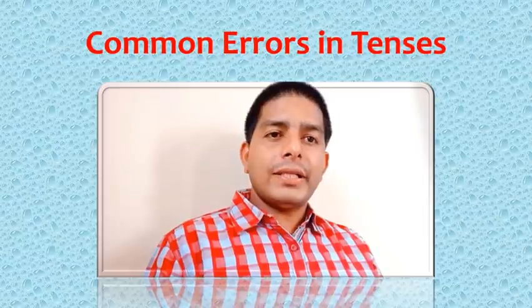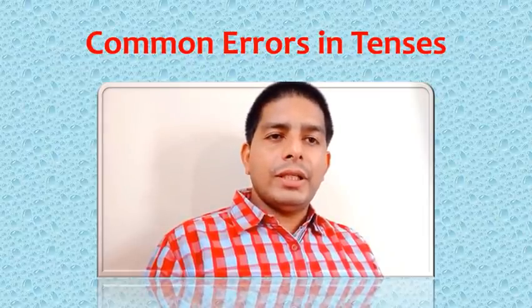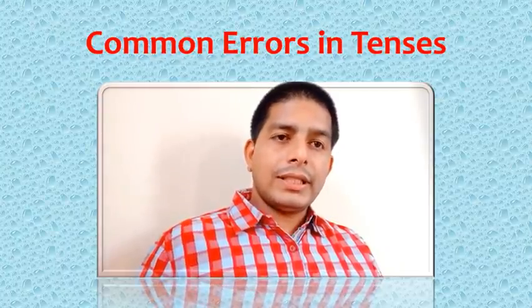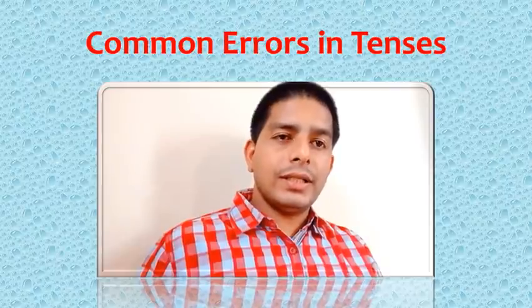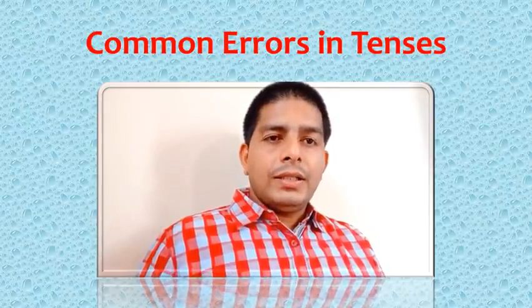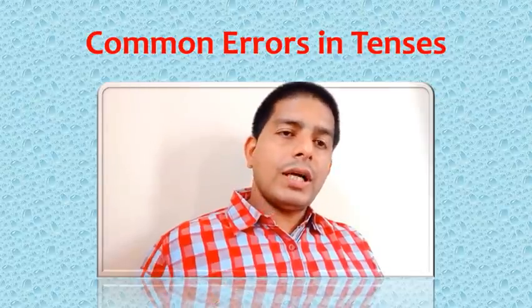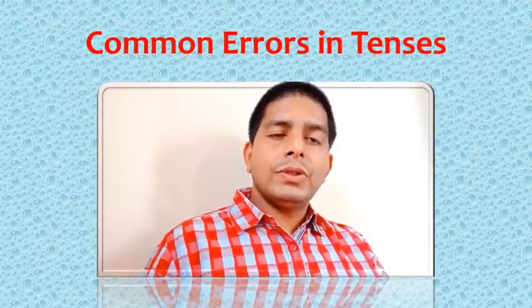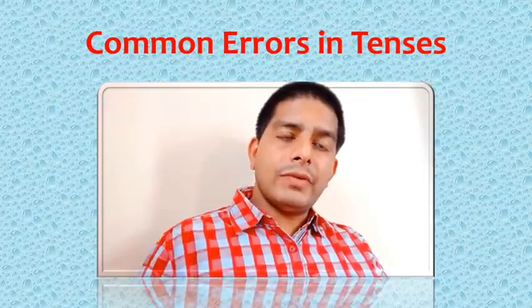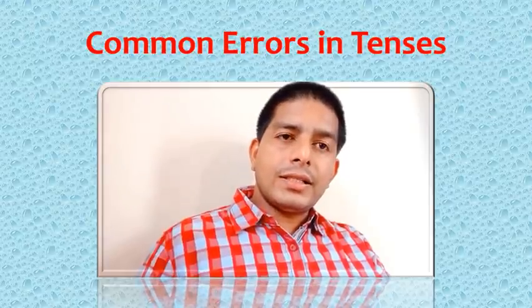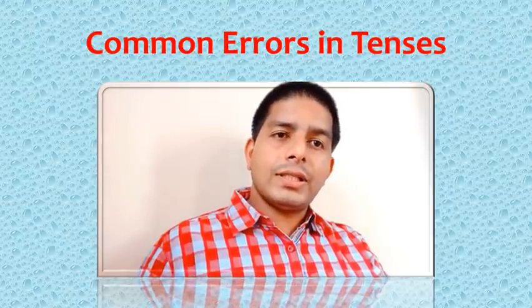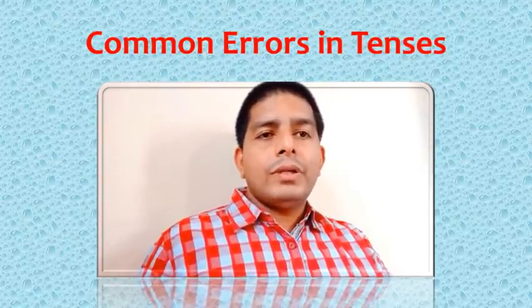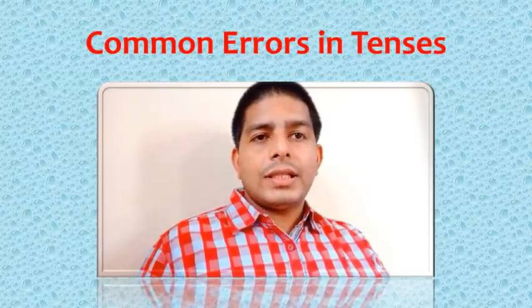We have completed 5 chapters. Today we will be studying about common errors in tenses, chapter 7. Chapter 6 we need to study only in the second semester. This chapter is very important because you will have so many marks question from this chapter. You have experienced in the previous exams that a sentence is given and you will be asked to change the tense of the sentence. After completing this chapter we will be moving to the next chapter, that is chapter 27.